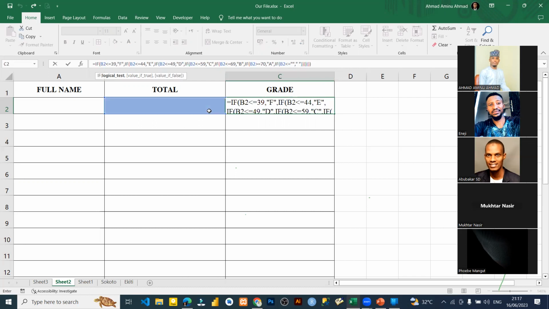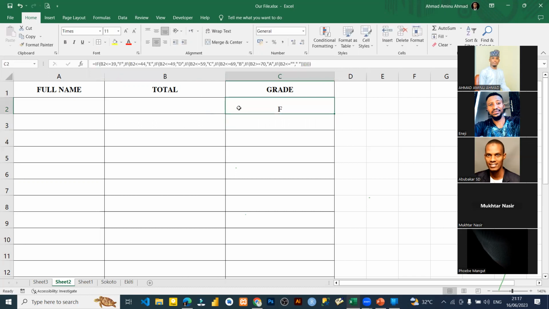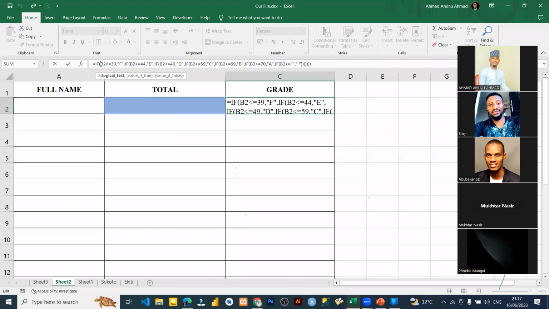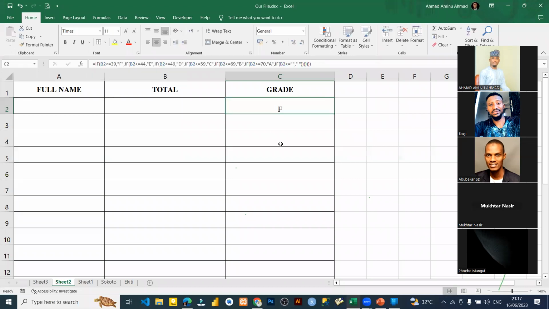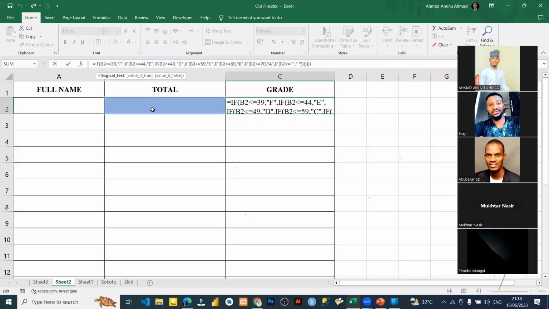So I think I'll put this as blank. Okay, just leave it like this. Okay, let's see something. If B2 is blank,